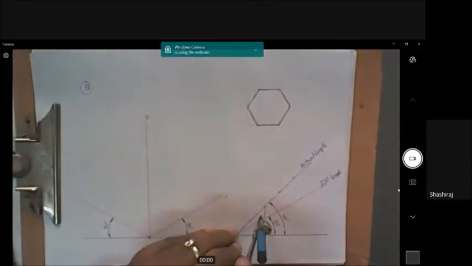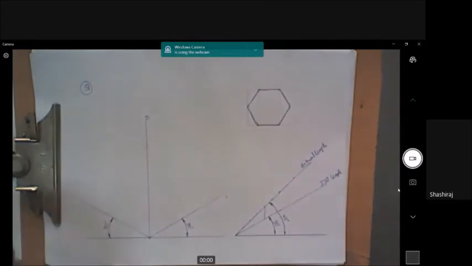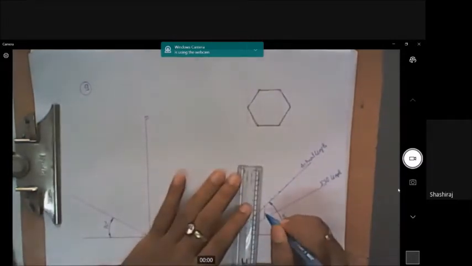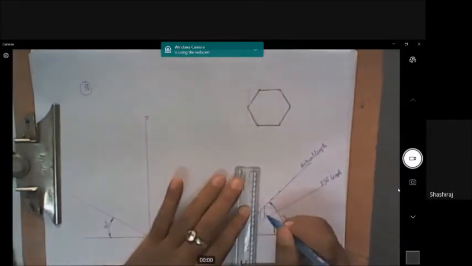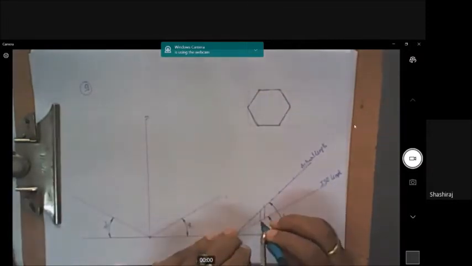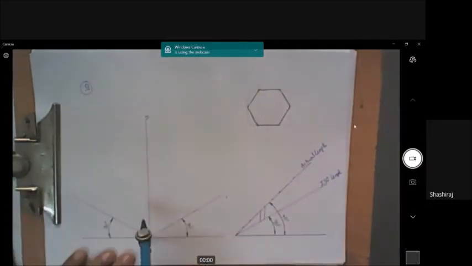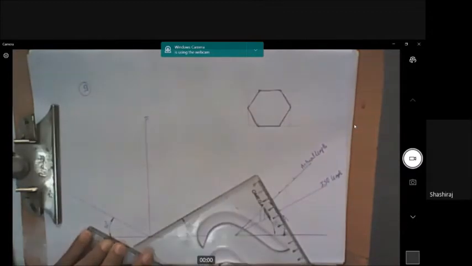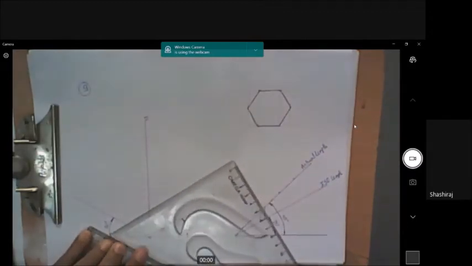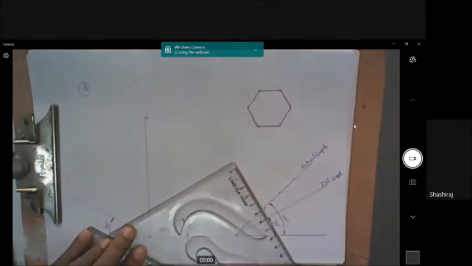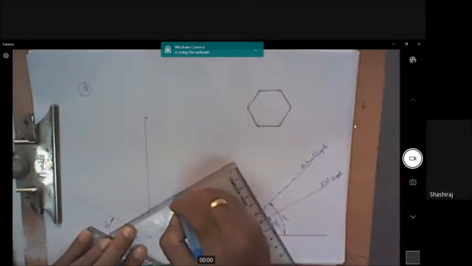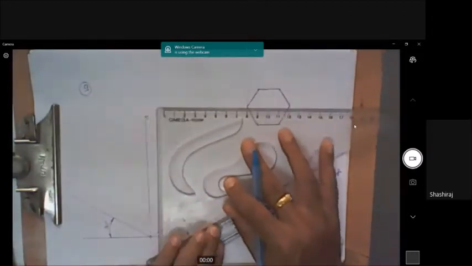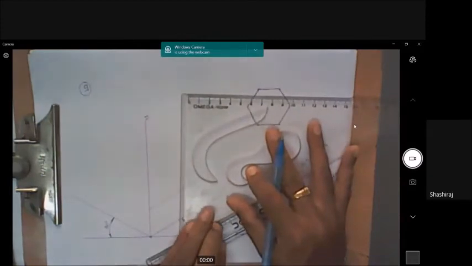Similarly, on this side also I need to measure like this. Go to isometric scale. That will not be the same as the previous length. You have to be careful. Don't take the same length. So I have to take ISO length for this also. This much distance on the z-axis like this. Then I have to draw parallel lines. I have to keep the edge like this. Get the parallel line here. So I have to draw a parallel line to the z-axis here.